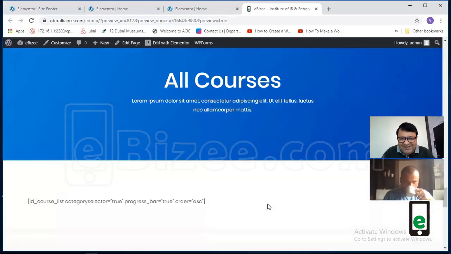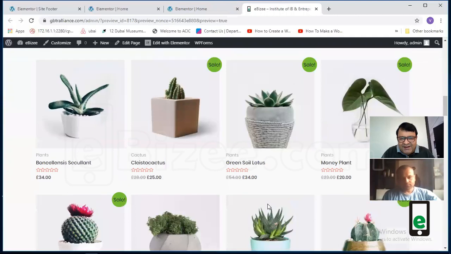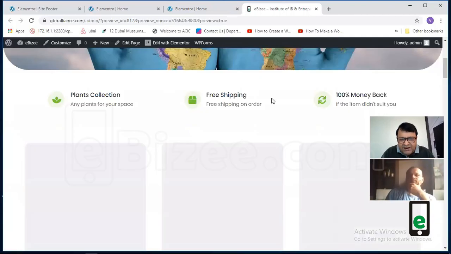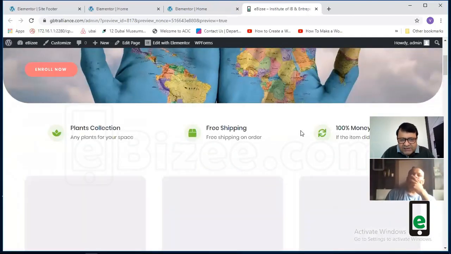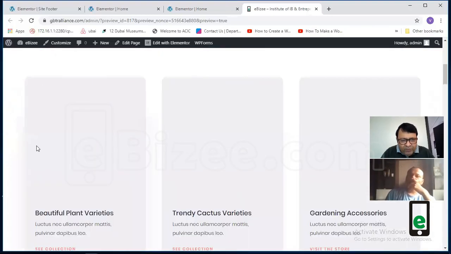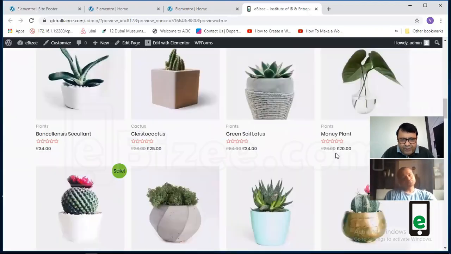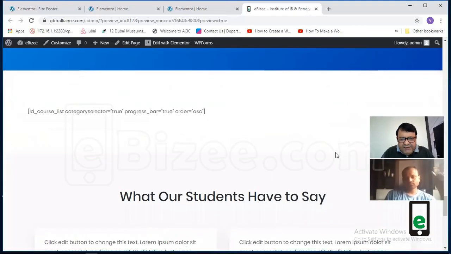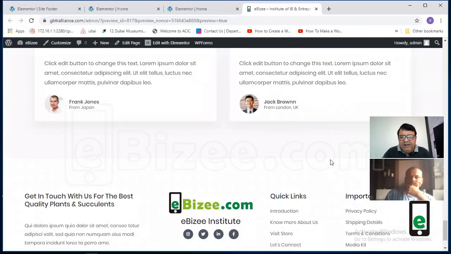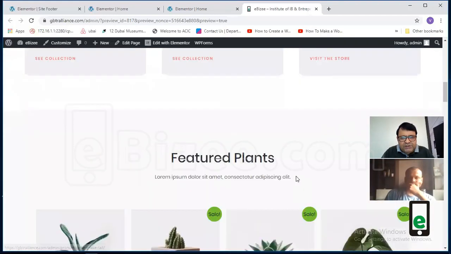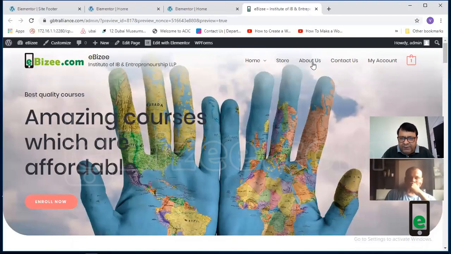It is so easy. So you can add a section, you can remove a section. I can remove some sections here, right? So this section I can remove. I can put pictures here. The pictures are not there in this, so I can put pictures here. Very nice. So it is a very user friendly system, Elementor. On all the pages you can do this. Slowly you will learn.